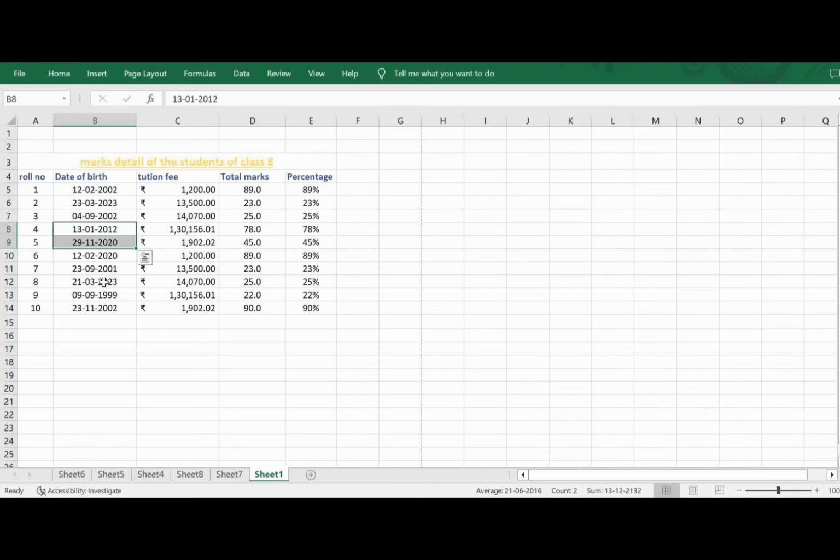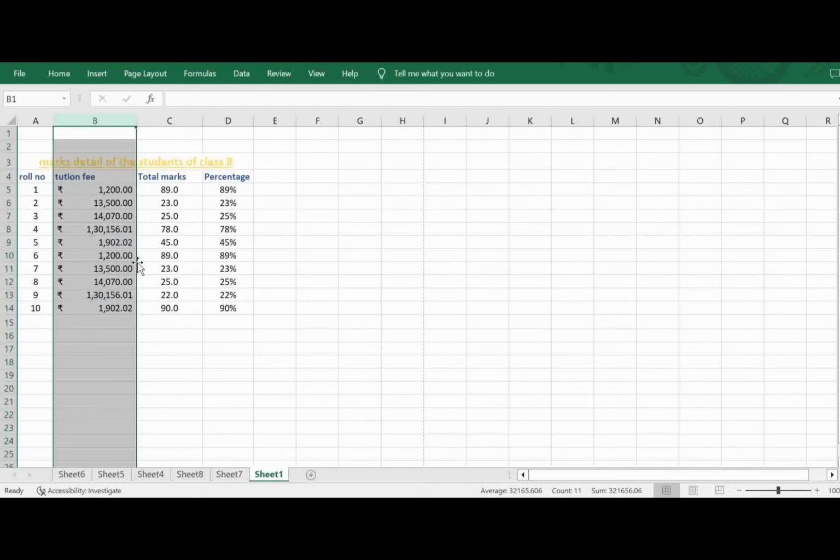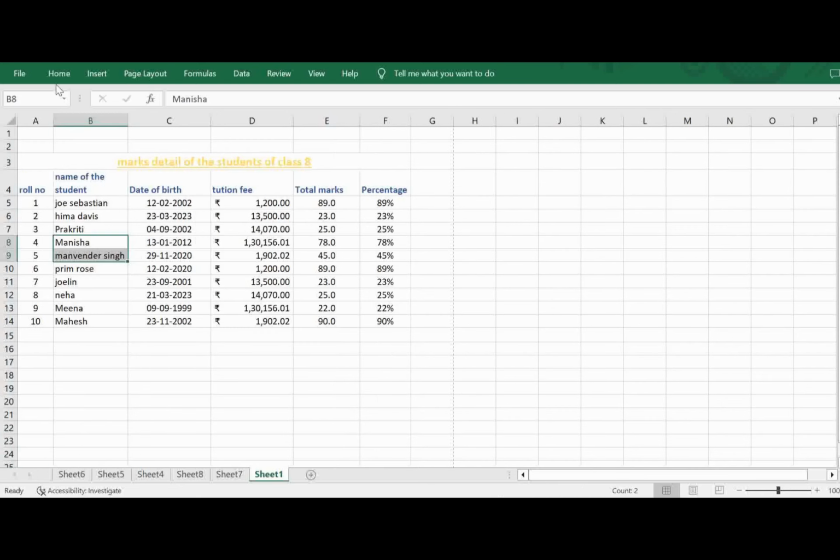So these are different ways of deleting the column. We have also noticed in the earlier videos, if you want to delete a column, you can select the column, right click, and then delete. Okay, so these are different ways. I'm undoing the work so that I get the data back.